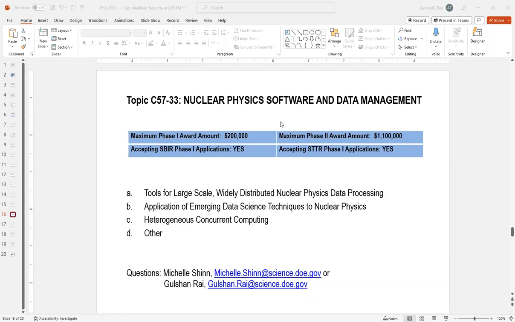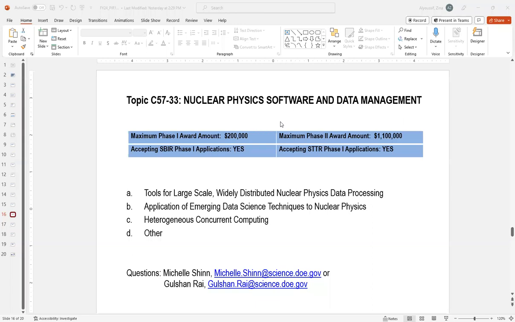Also, a very strong thing that we've been pushing now for 7 or 8 years is they must clearly indicate how the phase 1 R&D will result in a working prototype or method ready for testing by the end of phase 2. The prototype or method has to be suitable for testing in a nuclear physics application and/or at a nuclear physics facility. The language varies a little bit for software, this particular one, topic 33, and I will just refer you to that document. So moving on more specifically to that particular software and data management,